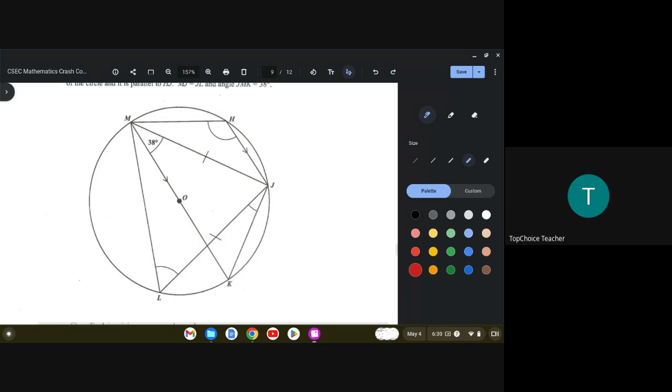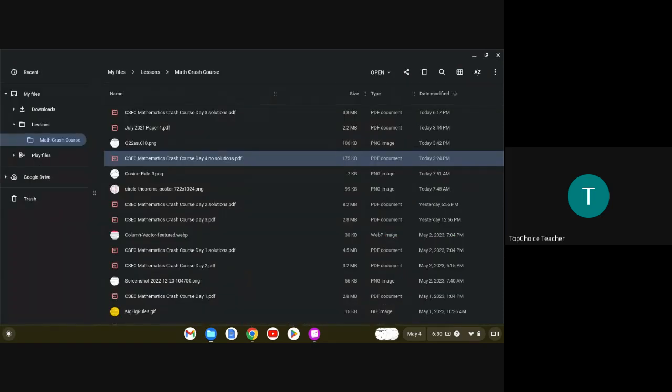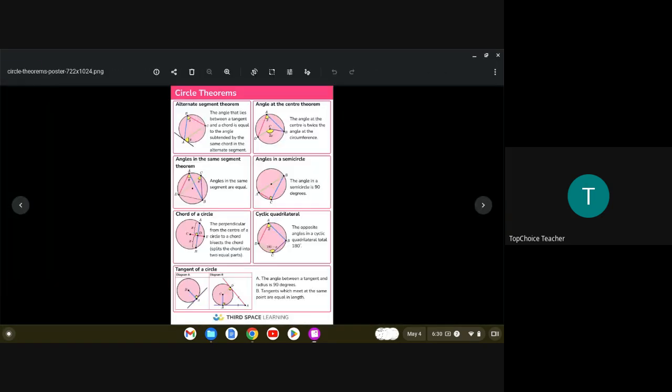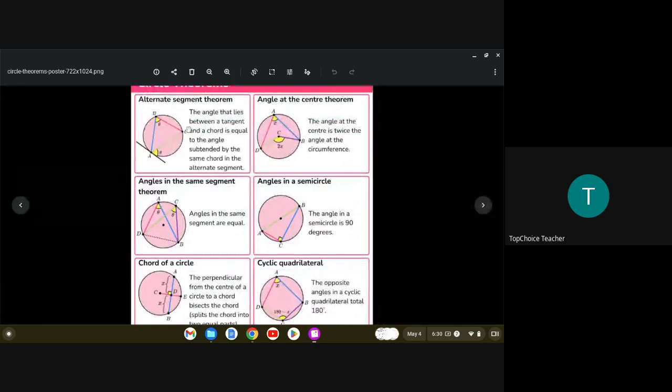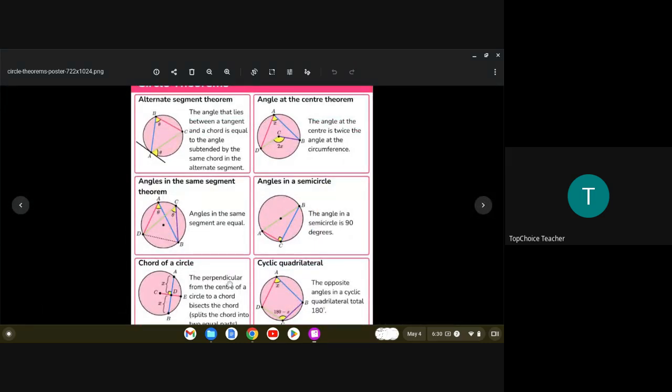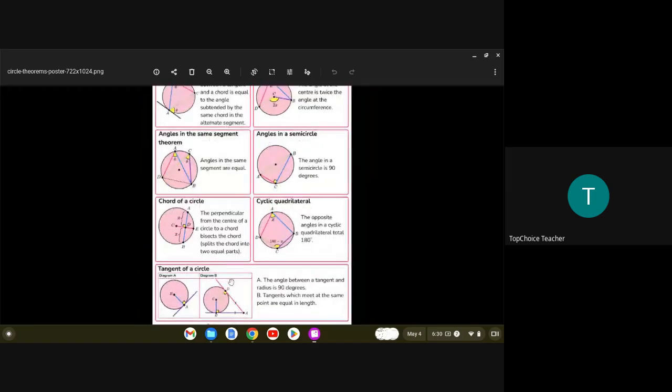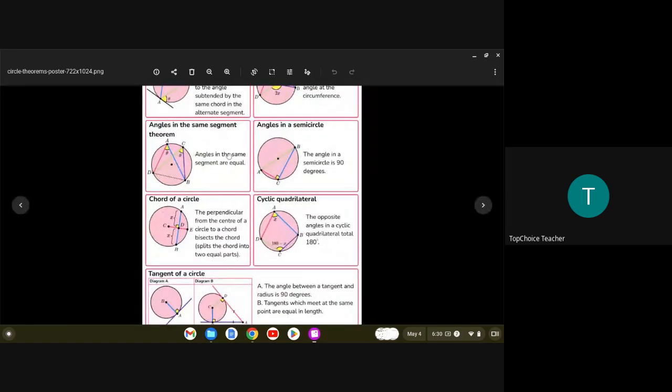Now, with that being said, let us quickly review some circle theorem concepts. I have a document I just took from the internet here, right? I'm going to only go through the ones that are beneficial to this question, but these are all circle theorems that you should try to remember, okay? Now, this one on top here is